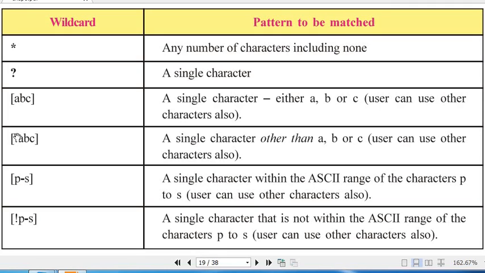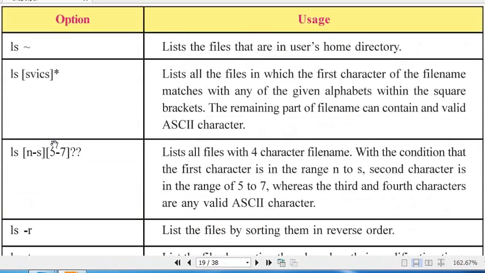This means other than ABC. I will try to explain with an example here. If you type ls and here type [ABC]*, then it will list all the files starting with A, B or C. And if you type here an exclamation mark and ABC, then square bracket close asterisk, it will display all the files whose first characters are neither A nor B nor C.